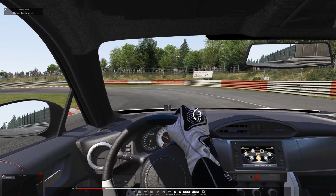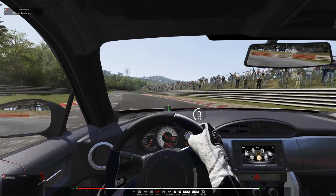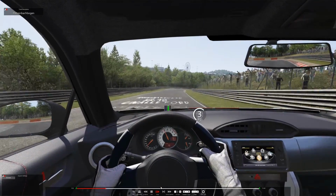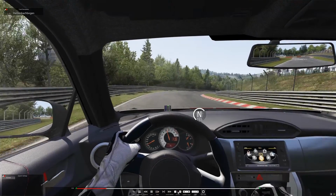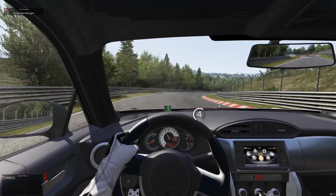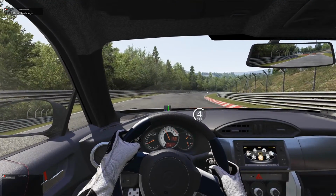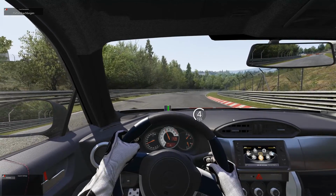You want to hit your apex fairly late, right there, and then unwind the steering wheel, get the car off to the right. You can almost touch the curbing a little bit. And another common mistake is folks will stay to the inside curve here on the right. The real line is really going to take you a little bit out towards the marking sign, the 3 kilometer